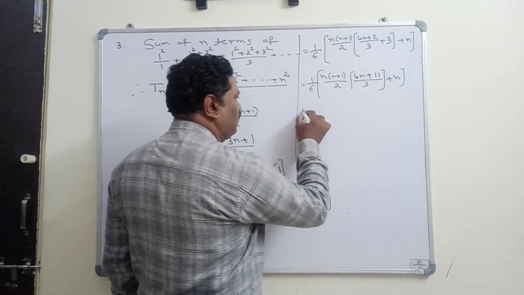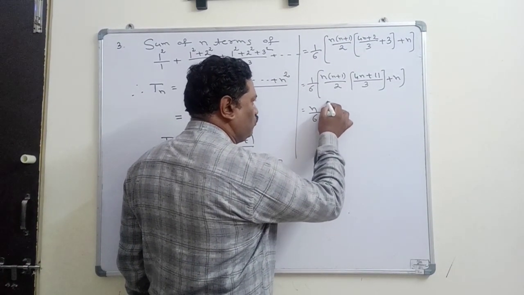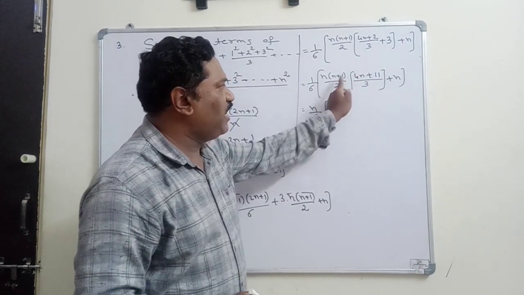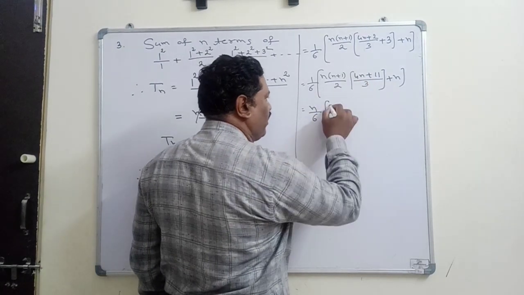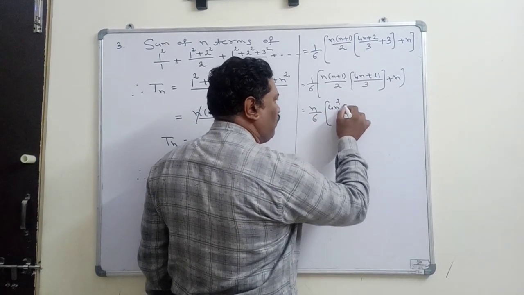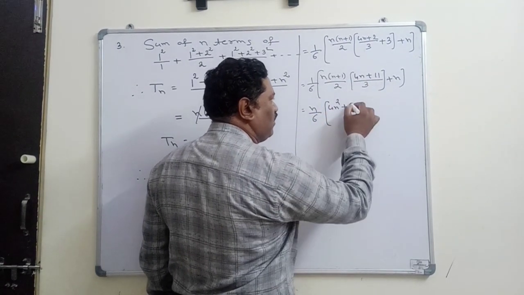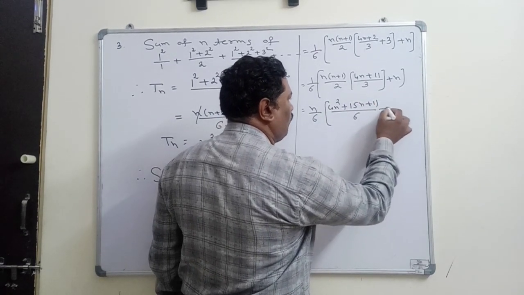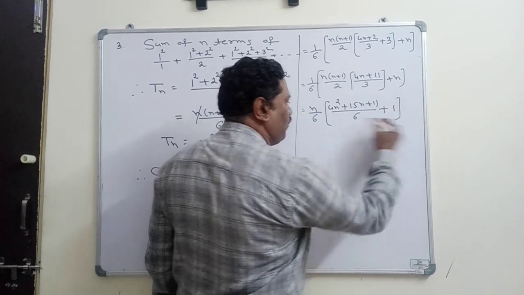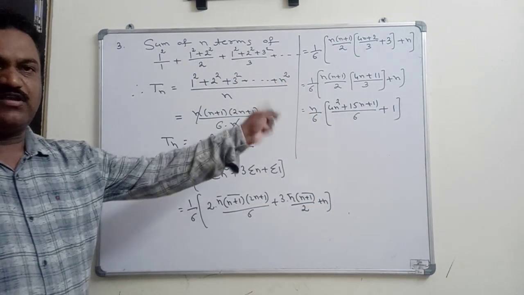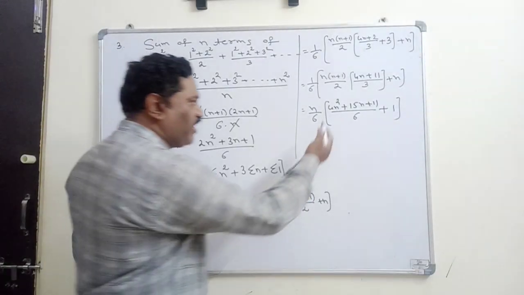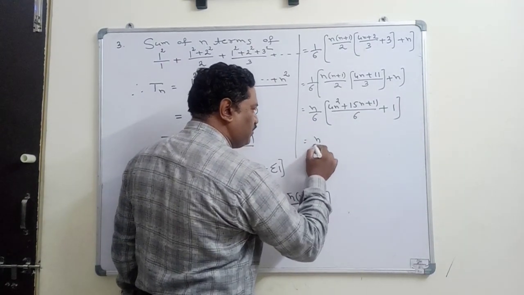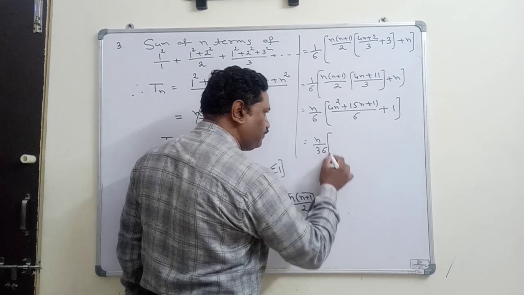Take the n common, then we'll get n by 6 into the remaining n plus 1 into 4n plus 11. We will multiply these two, then we will get 4n square plus 11n plus 4n, that is 15n plus 11 upon 6 will be there, plus if you take n common here remaining 1 will be there. Now again take the LCM here. LCM is 6. 6 into 6, that is 36, means it is n by 36 into,